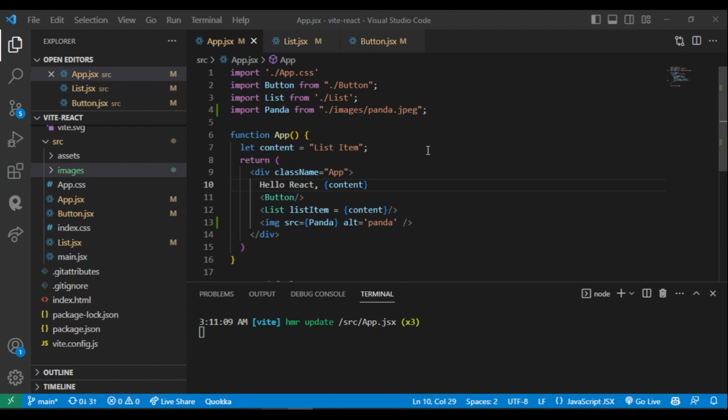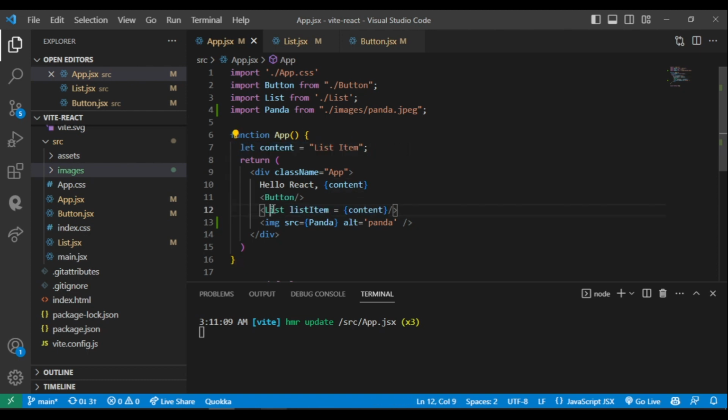In this video, I'm going to discuss destructuring the props. Destructuring is a topic of vanilla JavaScript, but we are going to see how it works, and then we're going to see it working through the props too. Let's get into it. If you remember from last time, we had passed list item of content, this variable